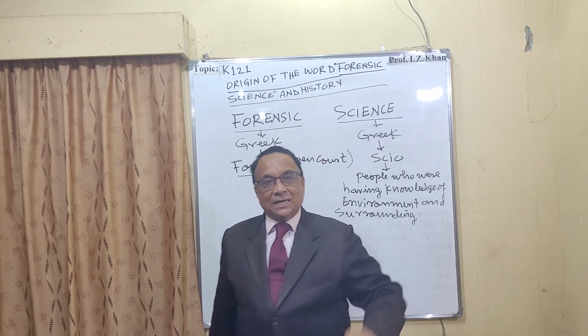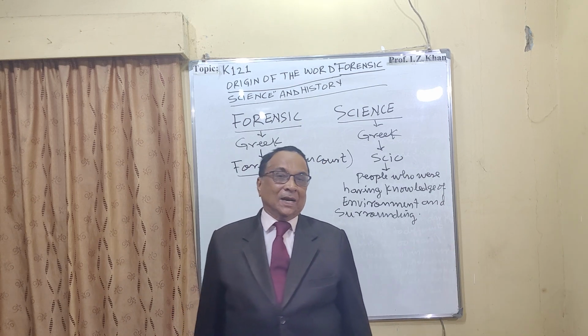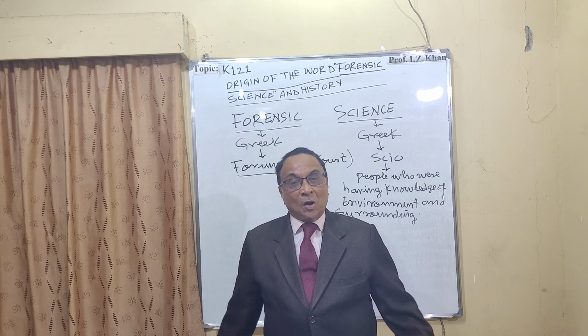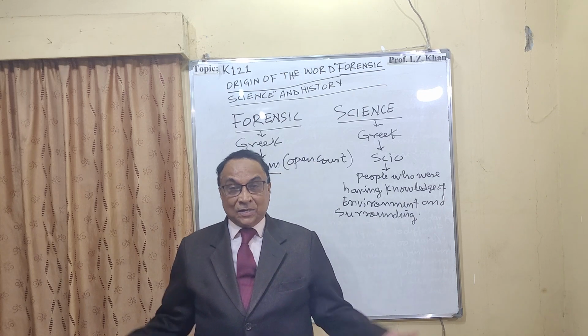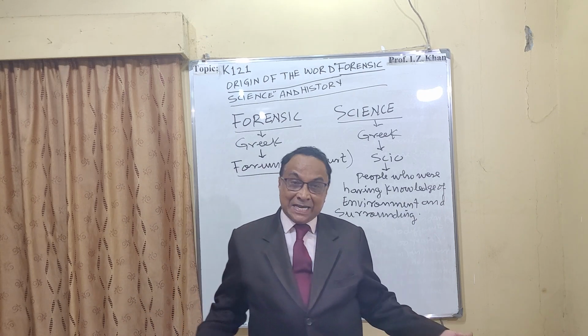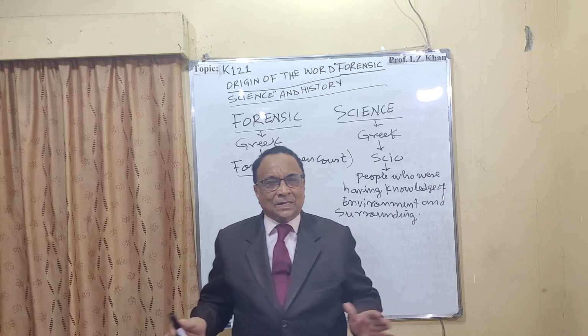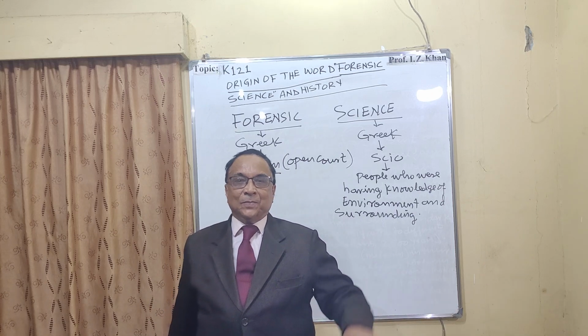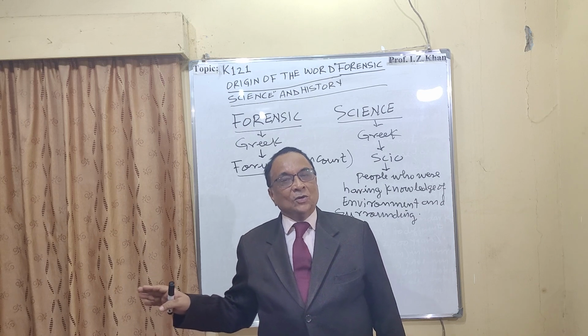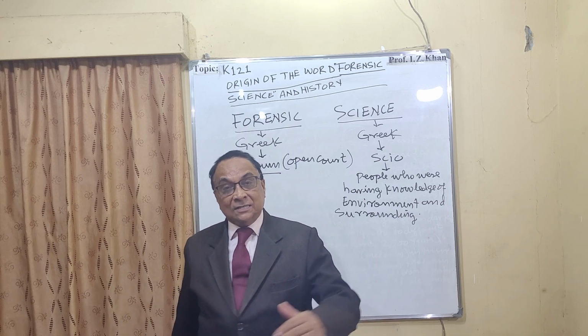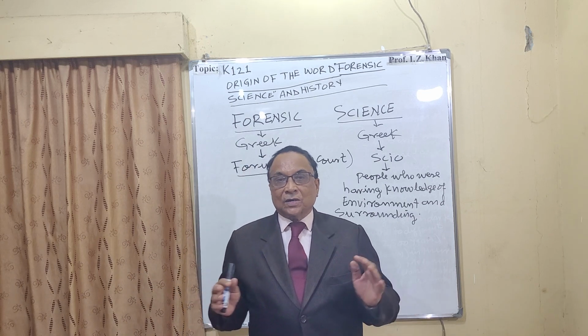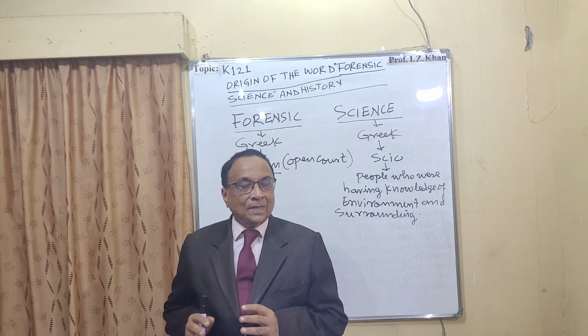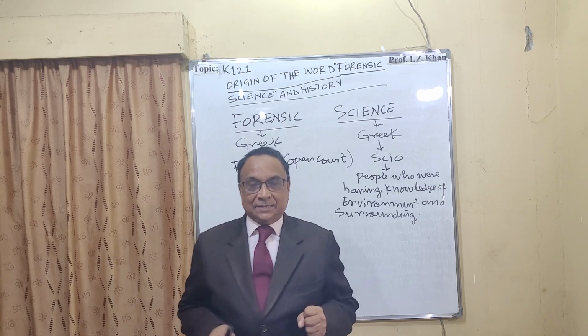People would say, oh no, Mr. X is a scientist because he has a lot of knowledge of the environment, about mountains, about the river, about the rain, about desertification, all the natural activities, about the energy, what is happening, what things are going to evolve, what things are going to be destroyed. So that word came from scio, that is called science.